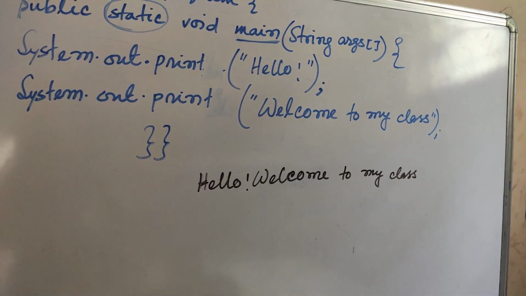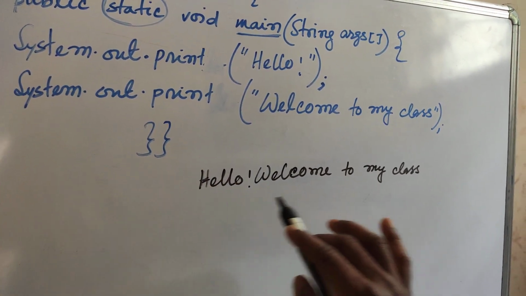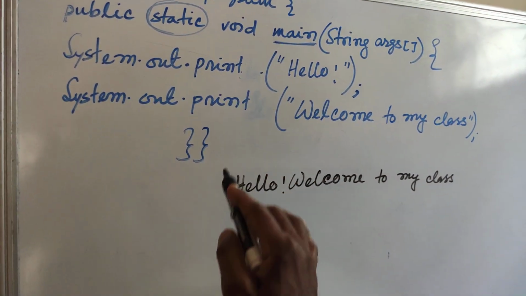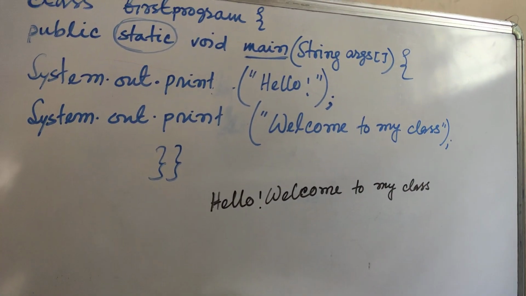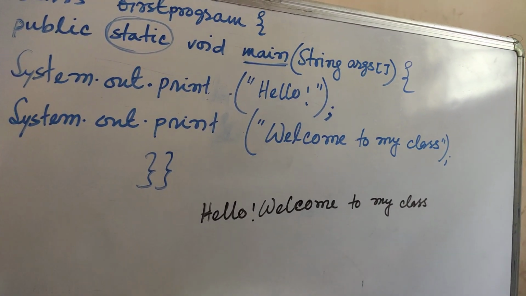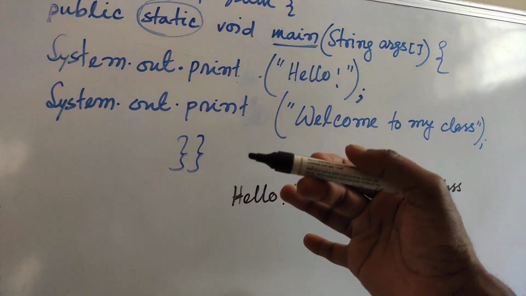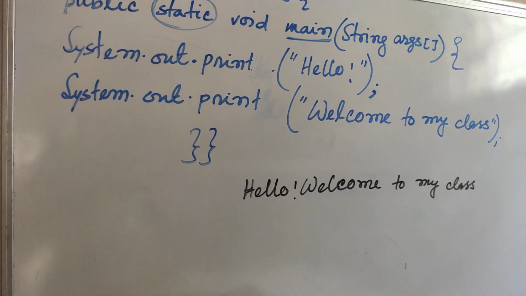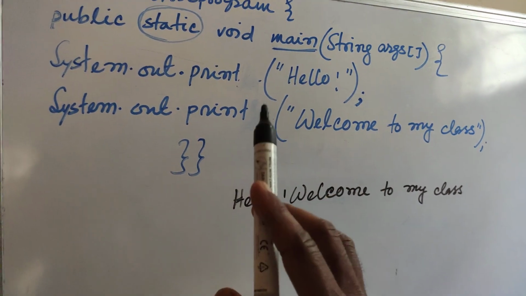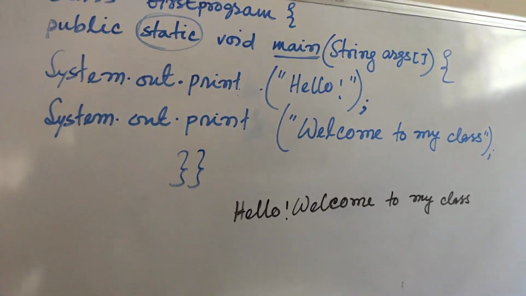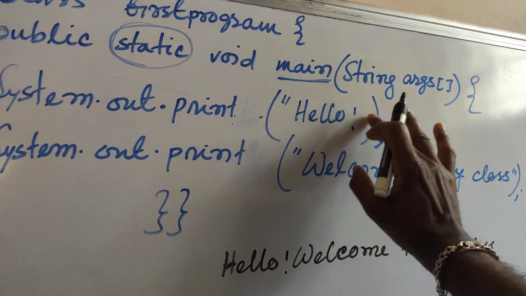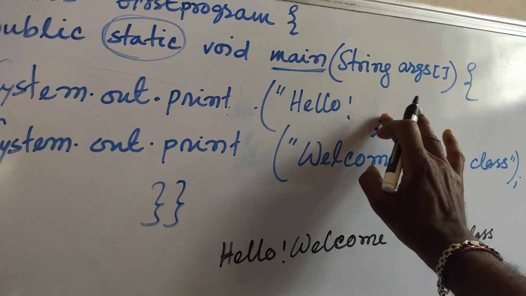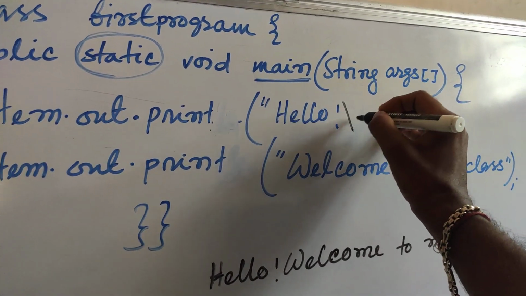Okay, if you use print, all the information comes in the same line. So if you want to get line after line, then you have to give println. Without println, if I want to write it in the second line, what will I do? If I write here